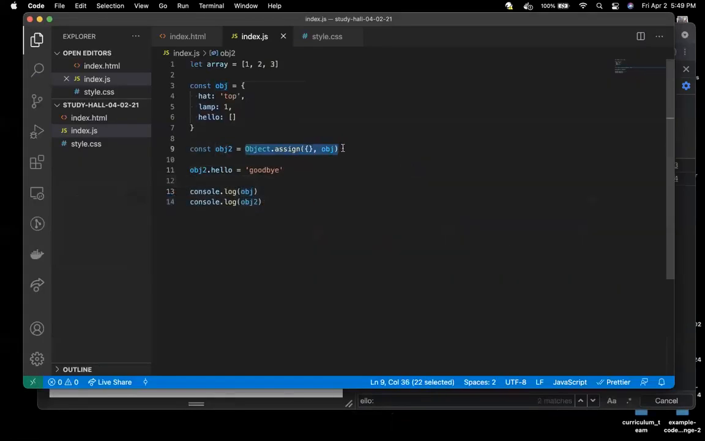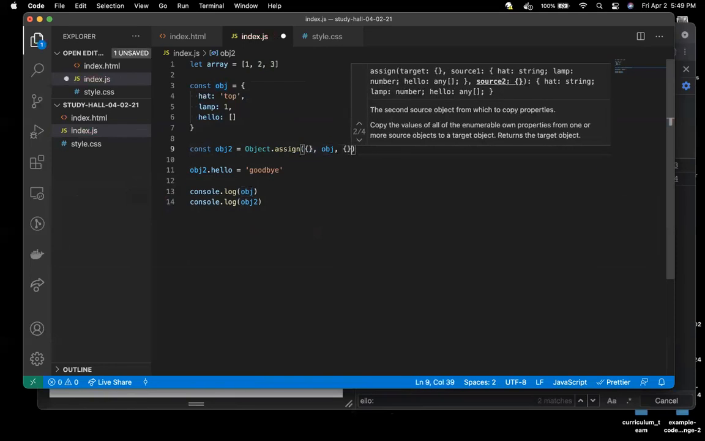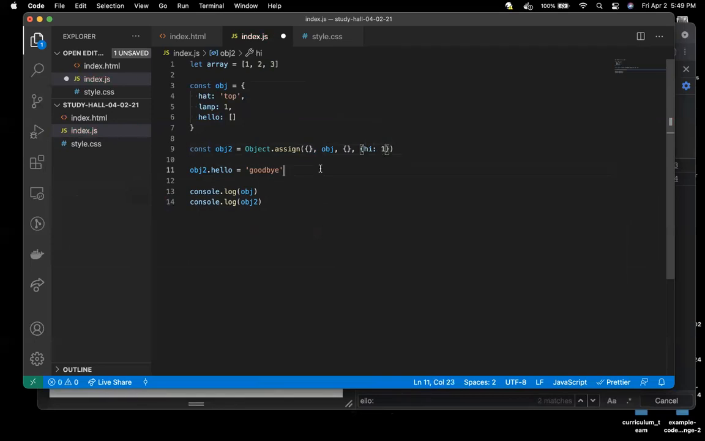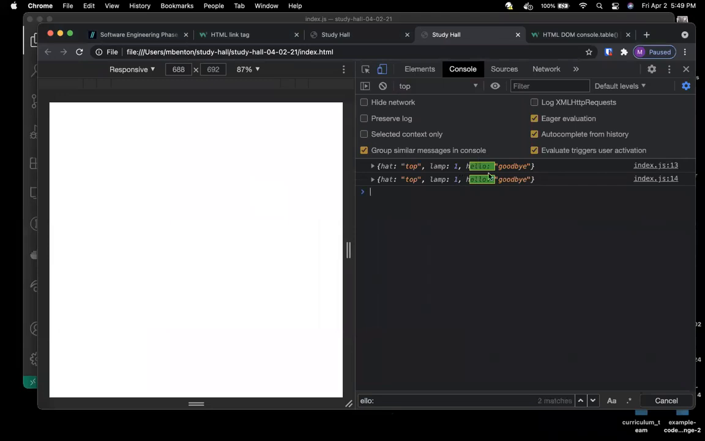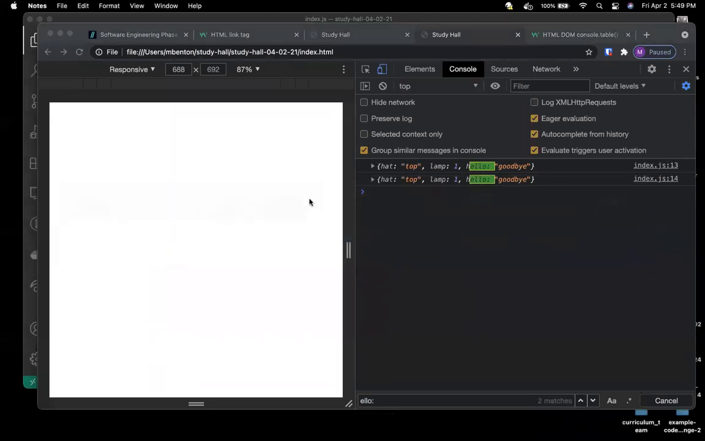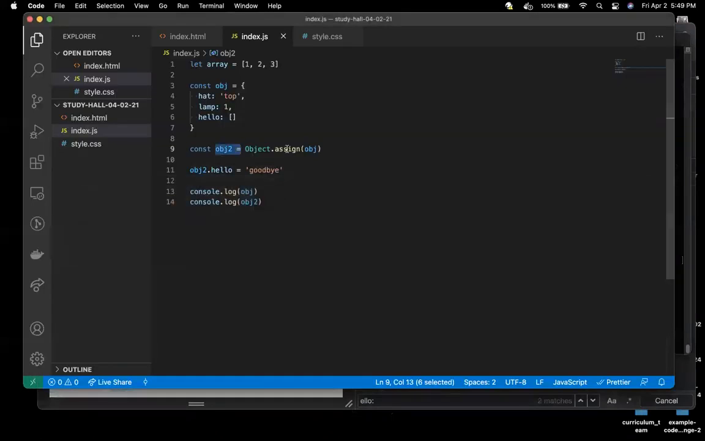The way Object.assign works is it takes in as many objects as arguments as you want. So you can keep adding more objects here. The first one you pass in is the object that's going to be worked on. So if I did just Object.assign(obj), and I refresh this page, in the console they're both still the same thing. You can see that. So these objects are still the same because Object.assign alone does not make a copy,